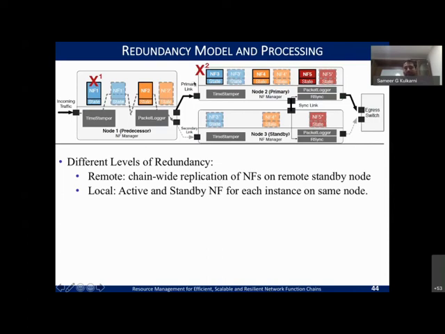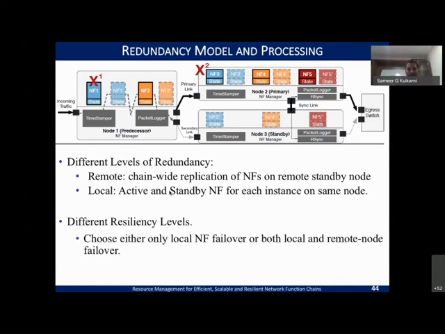And if this entire node fails, you have a second hierarchy of replicas maintained for the same NF here. So you have two sets of replicas, one on the same node, the other on a different set of nodes, which we call the local and remote standbys. So you have different levels of redundancy, and you also have different resiliency levels.